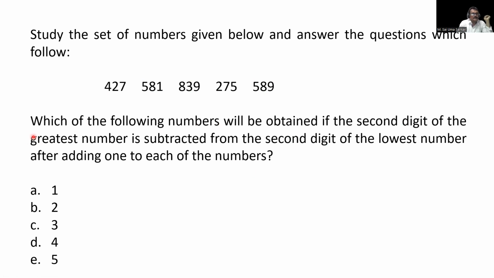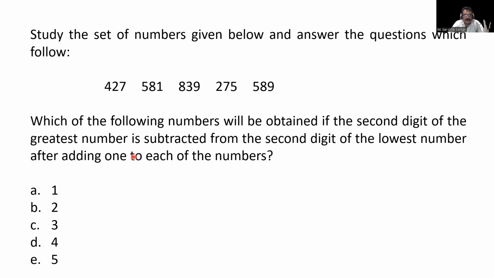Right. Here, which of the following numbers will be obtained if the second digit of the greatest number is subtracted from the second digit of the lowest number after adding 1 to each of the numbers? What is the question? Which of the following numbers is obtained if the second digit of the largest number is subtracted from the second digit of the lowest number after adding 1 to each of the numbers? Okay, if you observe,